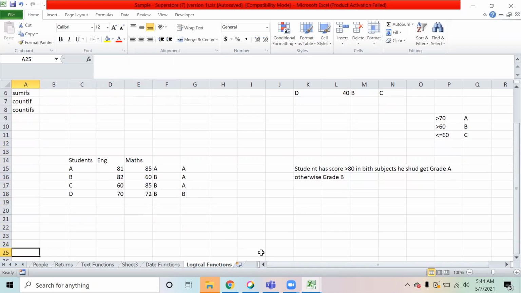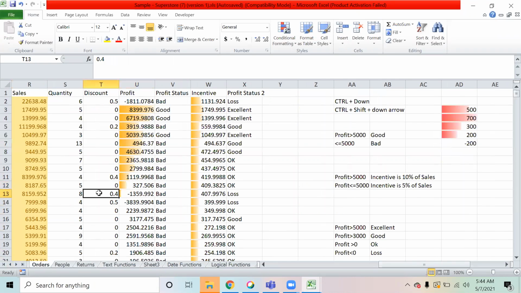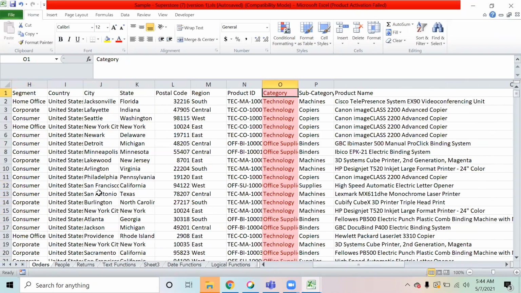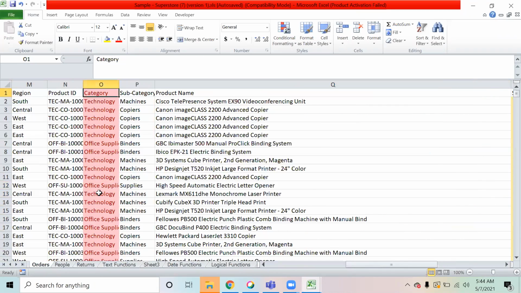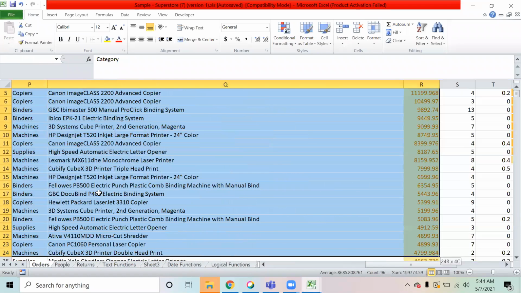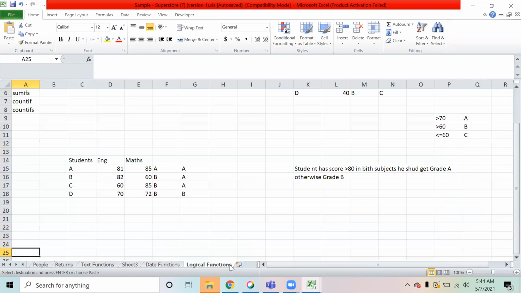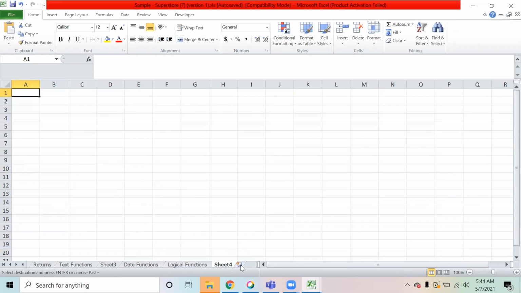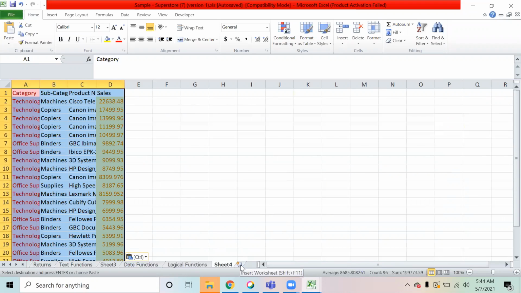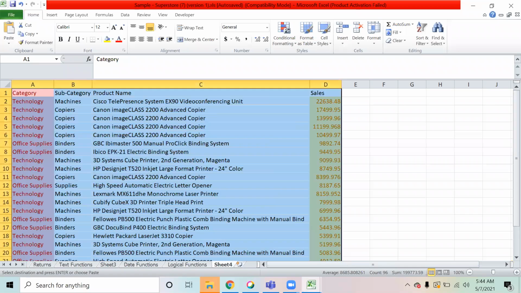Now, for example, let's do one thing to explain SUMIF. Let's come back to this order star, and let me take a small data set to explain this formula. Okay, now suppose this is the data set that we have.